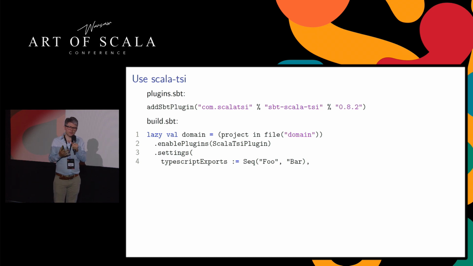And then the designer of the plugin says, well, you have to give me a list of all the classes for which you want to generate the TypeScript interfaces. So we can do it like this. But then again, we are duplicating, because we have the list of classes already in our domain objects, and then we have to give a list of them as well. So this is, again, a form of duplication.